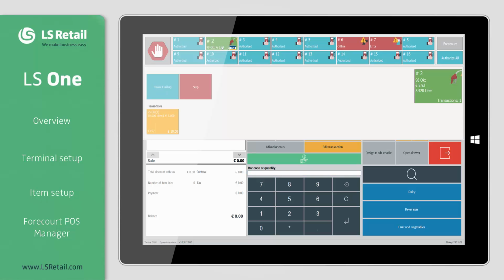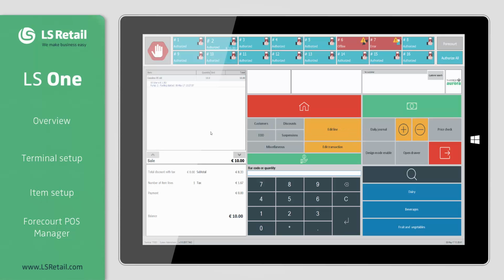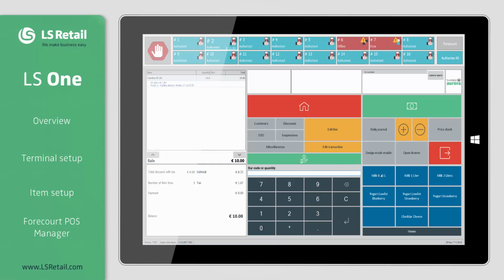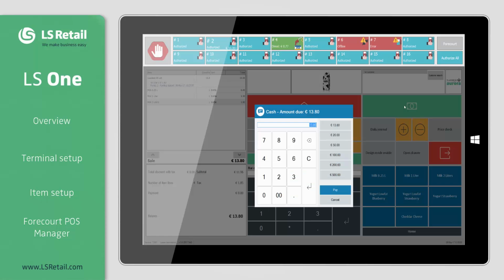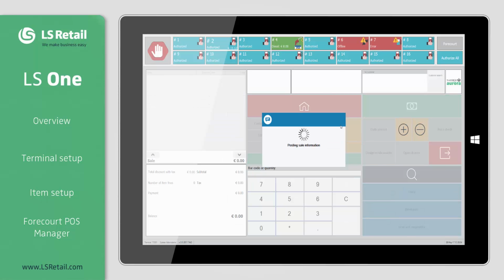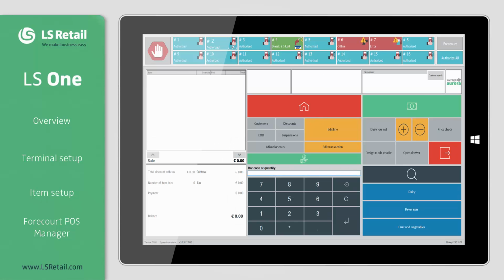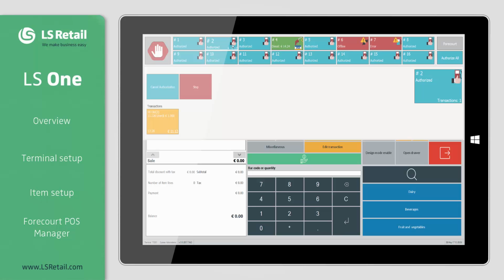To sell the fuel item on the POS, we select the 95 oct fuel transaction from the pump menu and the item is displayed on the POS receipt panel. We can then add other items to the sale and receive payments. If we now open pump number 2 again, we can see that the 95 oct transaction has been removed from